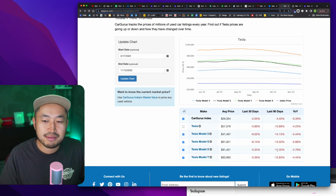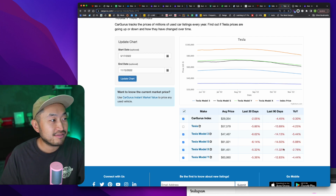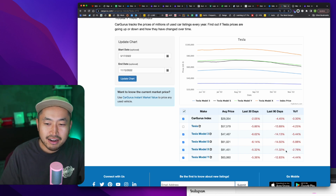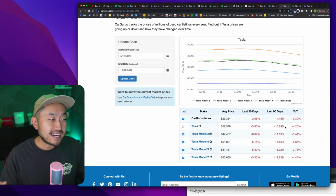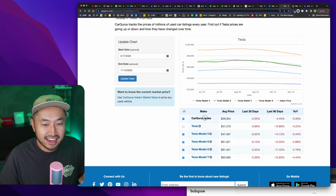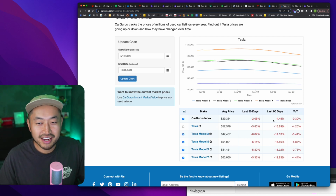It's kind of interesting that the Model X is the least down, I guess, because that's the most expensive car, both on the long range and the Plaid. But S is down 14.5%, and Model 3 is down 14%. As a whole group, all the different models are down 13.89%, which is actually crazy because if you look at the index, which is basically all the vehicles aggregated together, the whole entire used car market is only down